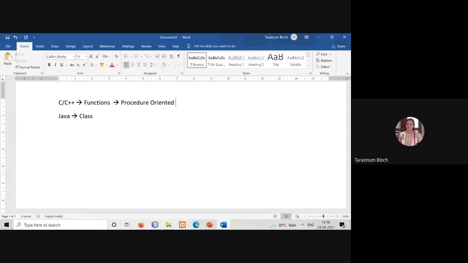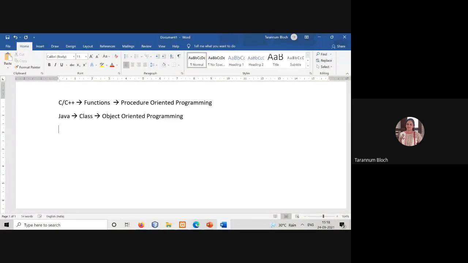So the algorithm is in the center, right? And when I'm saying object oriented programming, we are focusing on what to manage, not on how to manage, right? So your object is in the center. So these are called the paradigm or the methodology, right?